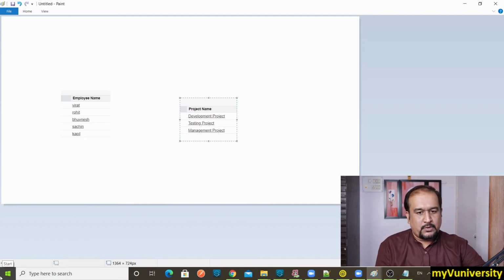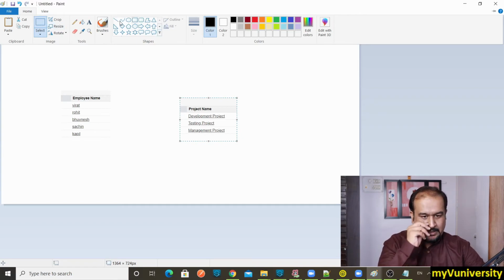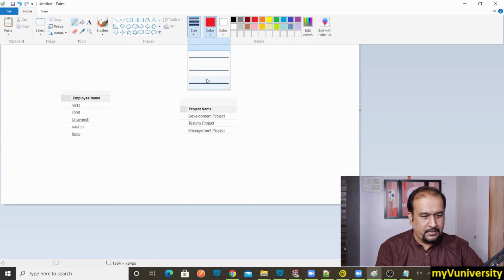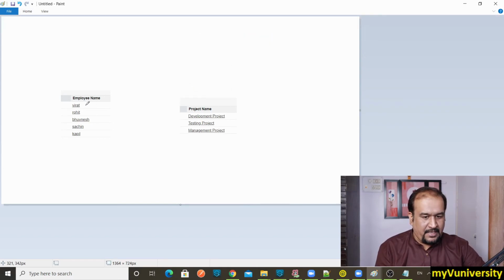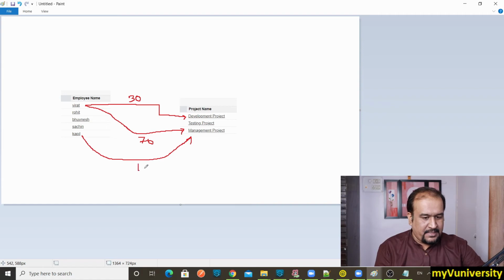What mapping do I want? Suppose HR gave you the project allocation data like this. Say Virat is working on the development project, let's say 30%, and Virat also works on the management project, let's say 70%. Kapil works on the management project, let's say 100%. Bhunesh works on the testing project, let's say 50%, and on the development project, let's say 50%.